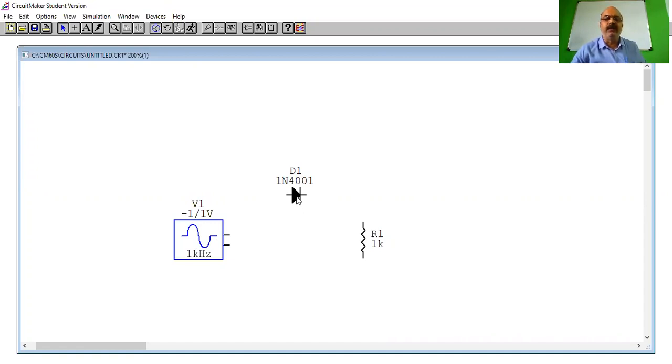Now suppose I want to move this diode. So I will click that diode. Not only click, I will keep the mouse button pressed. I'm not going to leave that button. See, I can move that component. And wherever I want to place it, I will just leave. So here I have left the mouse button, and the component gets placed.